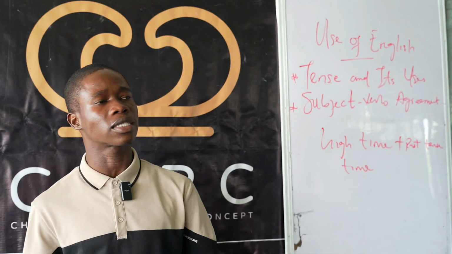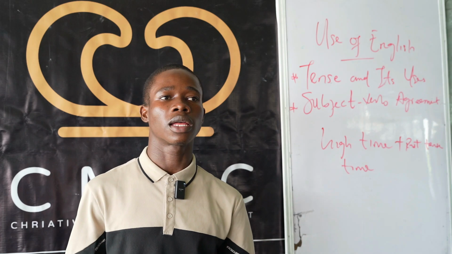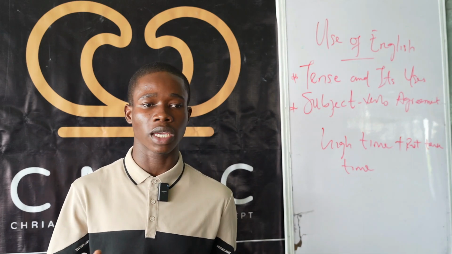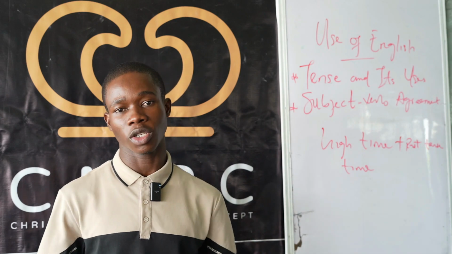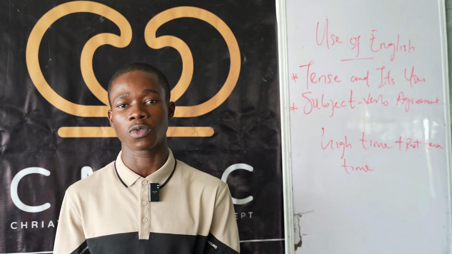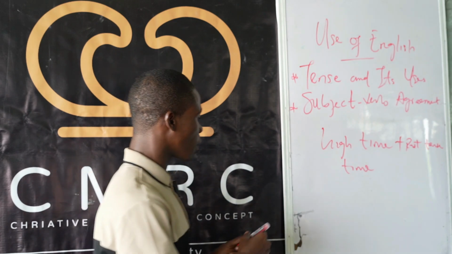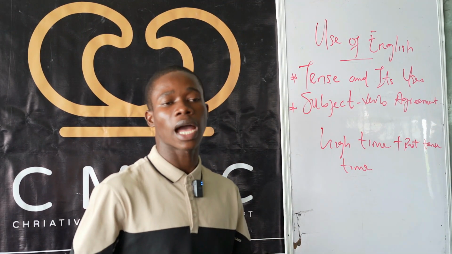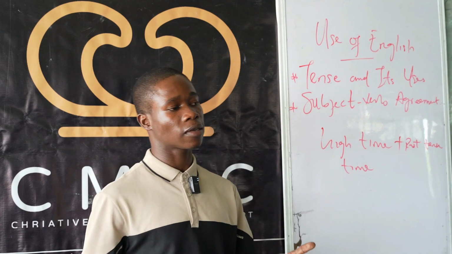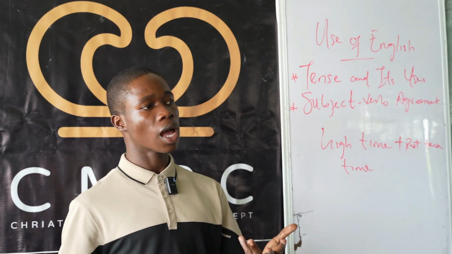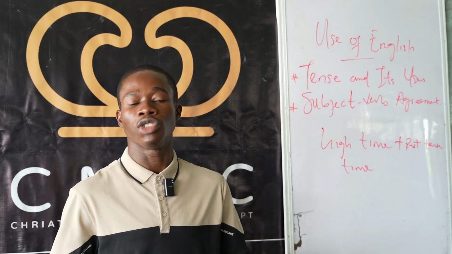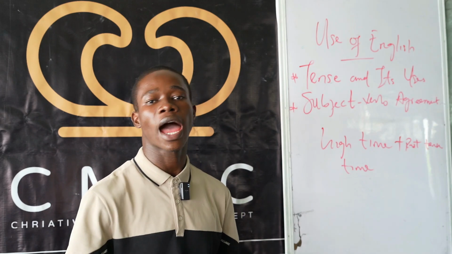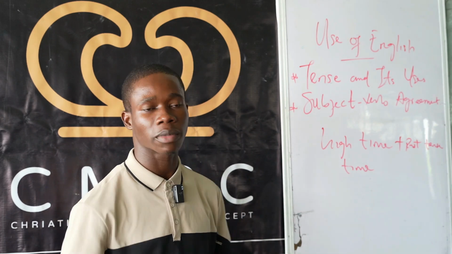And also use past tense with would rather. When you are trying to give a piece of advice, you use the past tense with would rather. What do I mean by would rather? Look at this. Let's say I want to advise maybe Johnson. I want to advise Johnson to prepare harder for this UTME that is coming up.